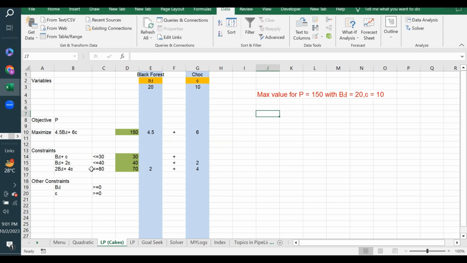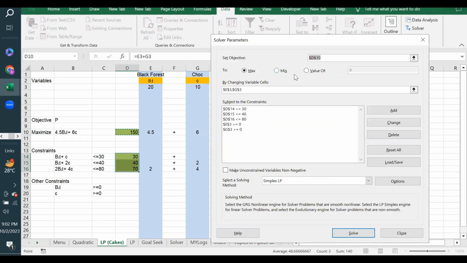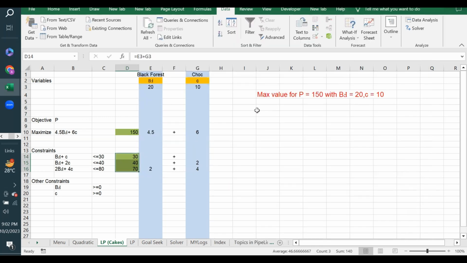Whatever the constraints are here, these are entered into the solver, so all you need to do is mention your constraints, and when you go to the solver, all these parts are populated properly. You don't have to mention everything again and again, right? It will take care of your settings in the solver, making sure that it is unchecked, it is simplex LP, and it is okay, right? So this can be done through